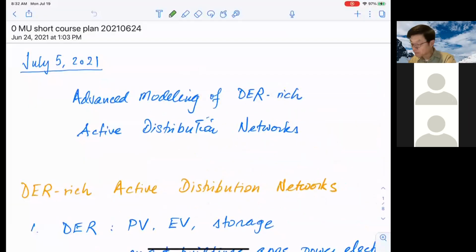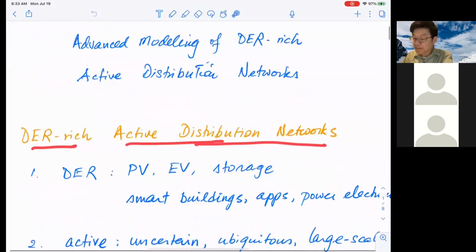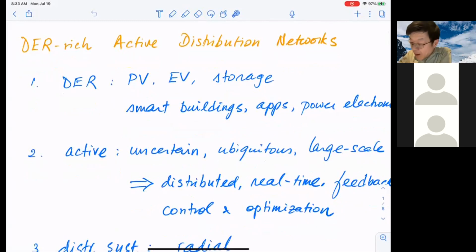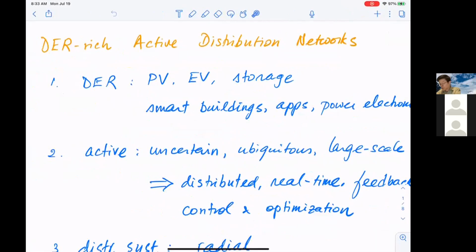Okay, so before jumping into day one's material, let me just comment on the course. It is on advanced modeling of DER-rich active distribution networks. So the keywords are DER, active and distribution networks. And by DER, we mean very broadly, PVs, EVs, storage, smart buildings, smart appliances, smart inverters, power electronics, and so on. So these are resources, some may generate and some are controllable loads. By active, we mean that these DERs, distributed energy resources, will introduce more and more uncertainty, both in